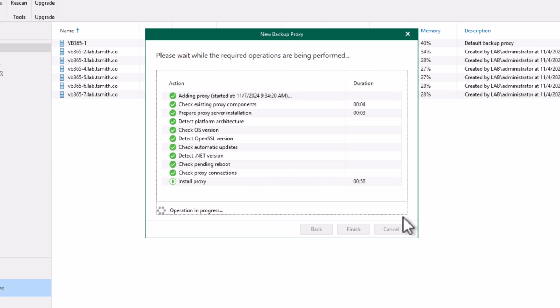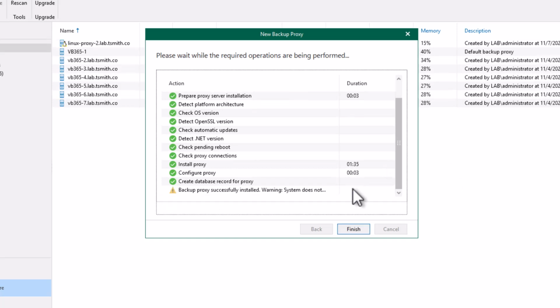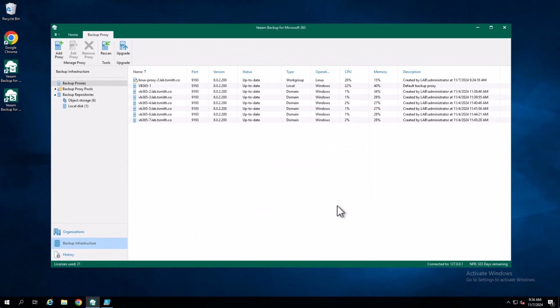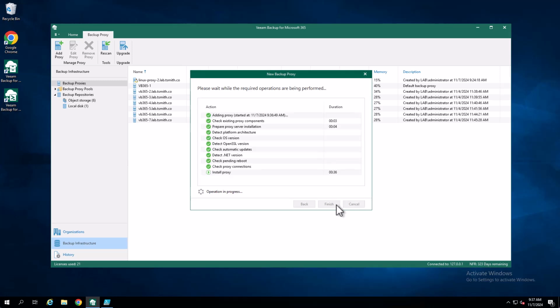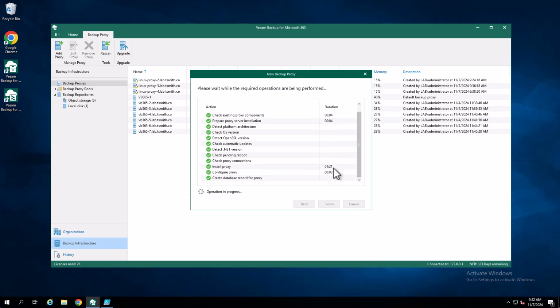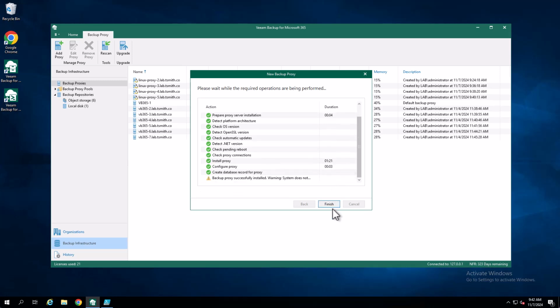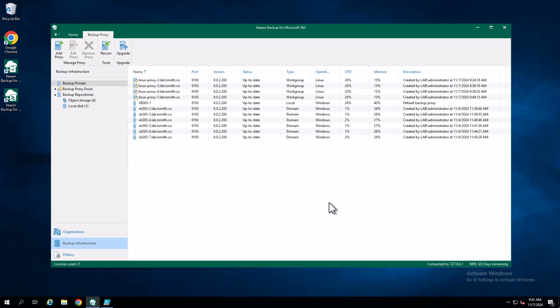It's installing the proxy, and we'll speed this part up a little bit so we don't sit here for a minute. After my first proxy is done, you can see it shows up in the console. It does have the little Penguin Linux icon next to it. So we're going to speed through adding the 3 additional Linux proxies as well. Again, I went through the KB listed in the description to apply that .NET repo restriction from auto updating. Now that I have all 4 of my Linux